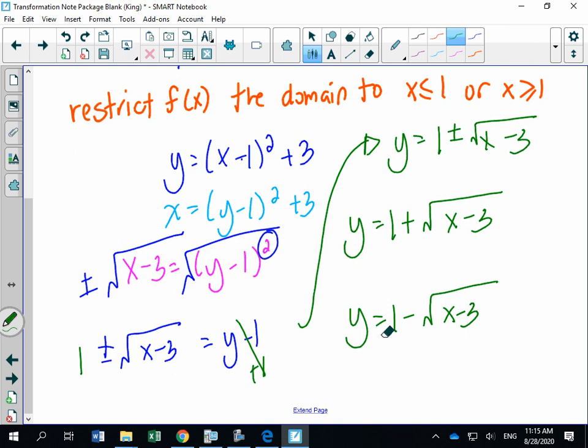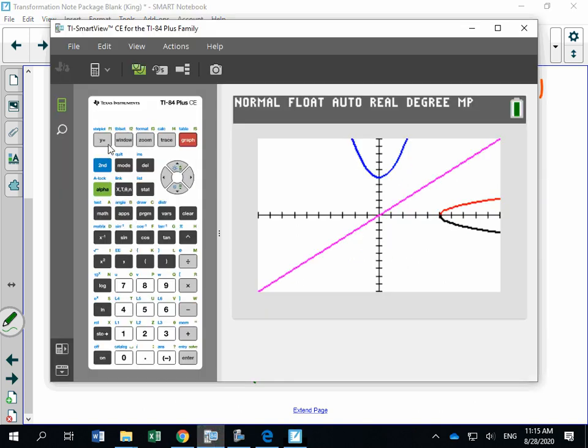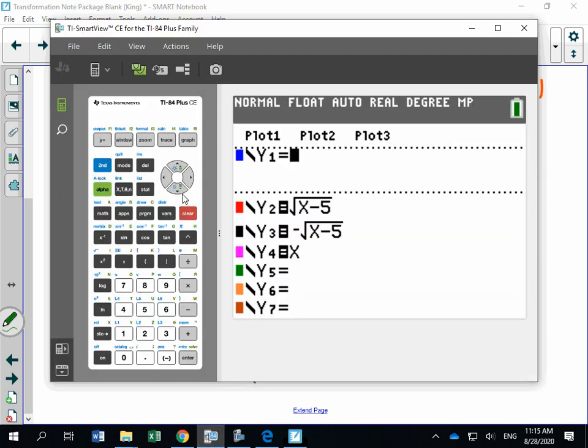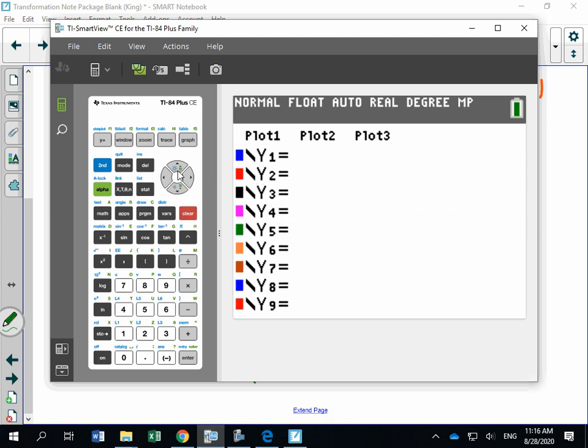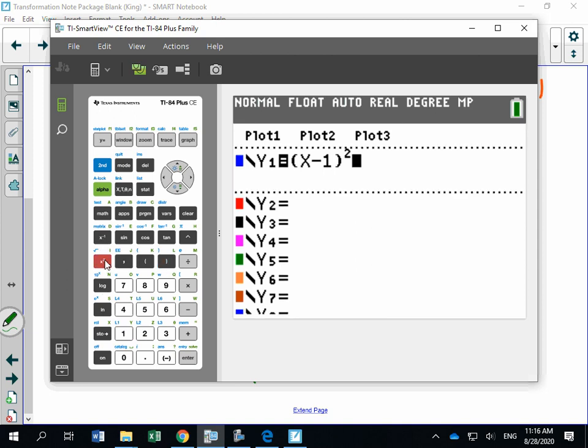We write our two equations. Let's go to our graph. Let's clear all of this. Let's put in our original function, which was open bracket x minus 1 close bracket squared plus 3. Okay, when I hit graph,